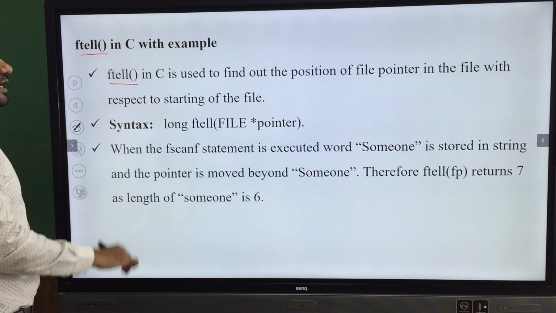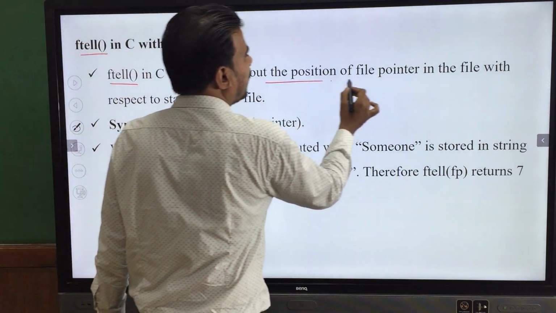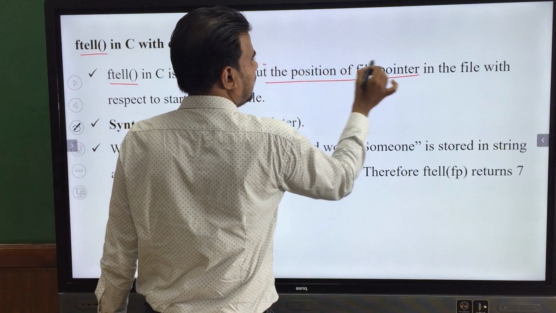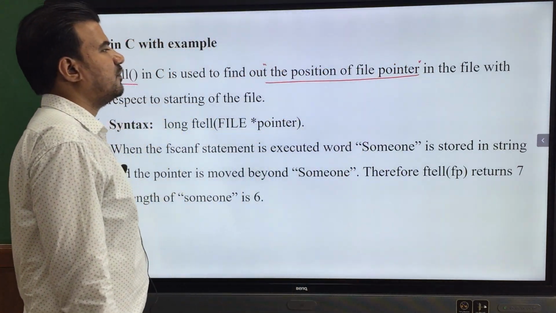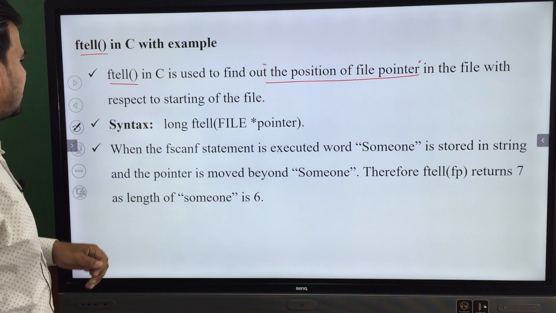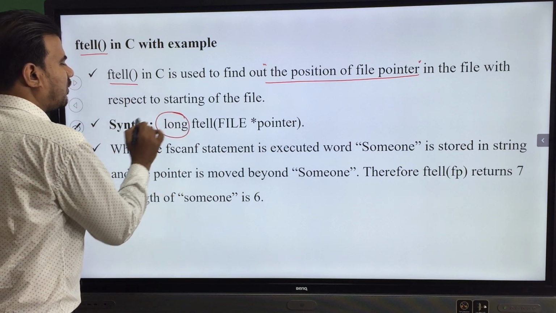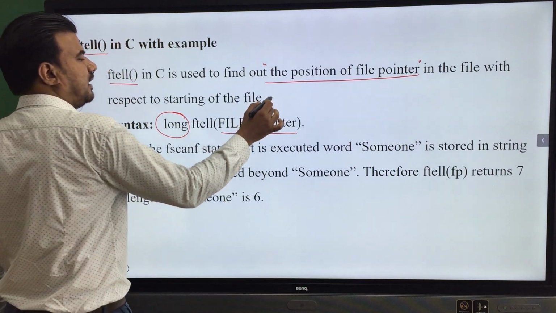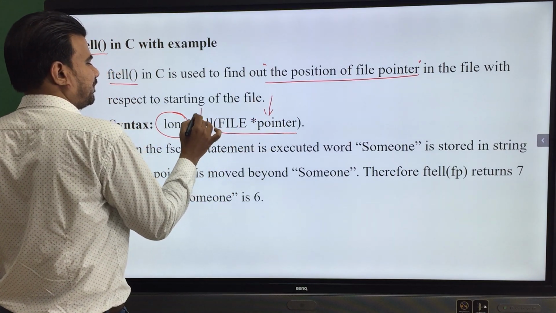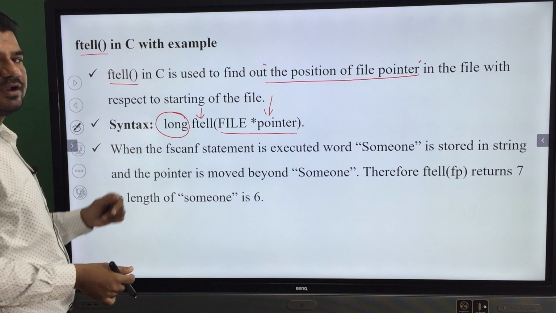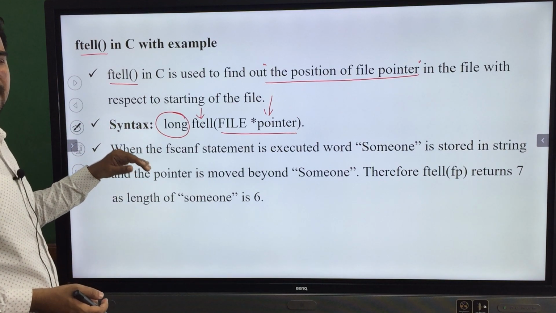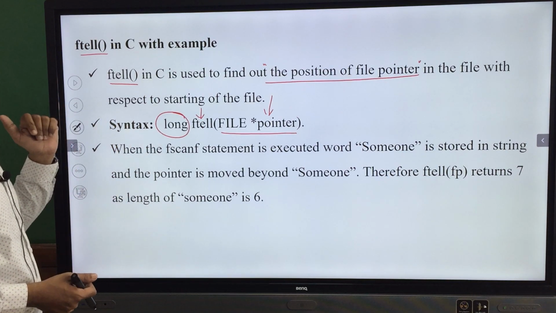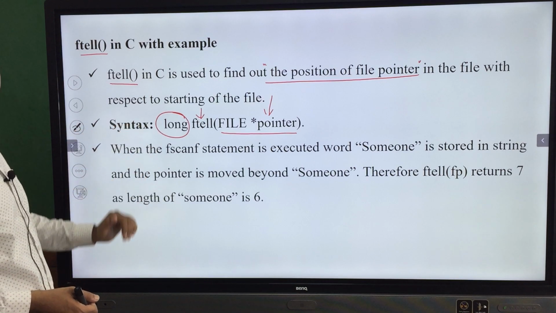It is used in C to find out the position of the file pointer. If you see the syntax, it will return a long value, and you need to supply the file pointer to this ftell function. It will return a numerical value, how many characters away from the beginning.